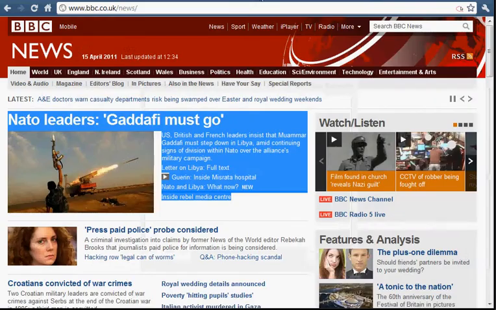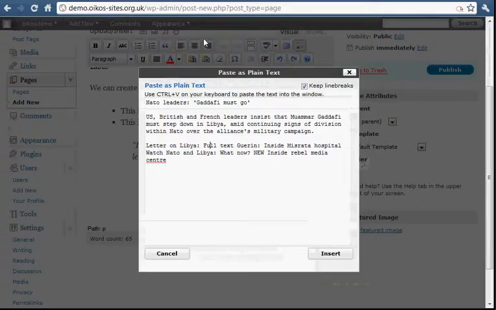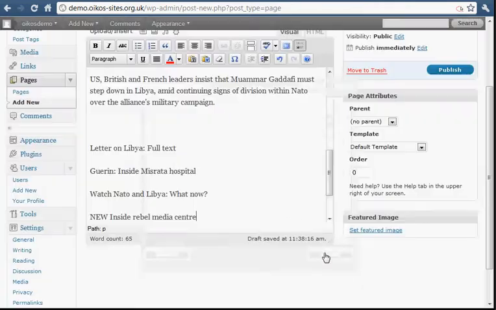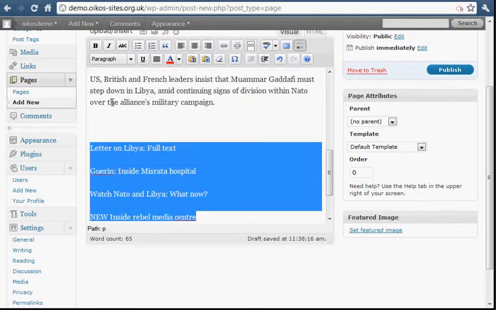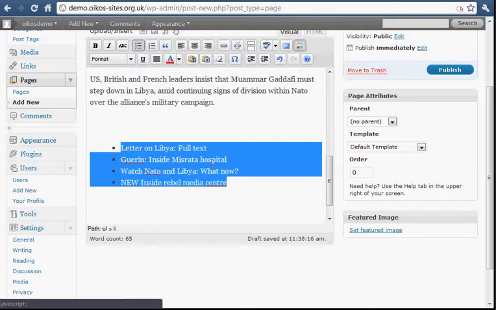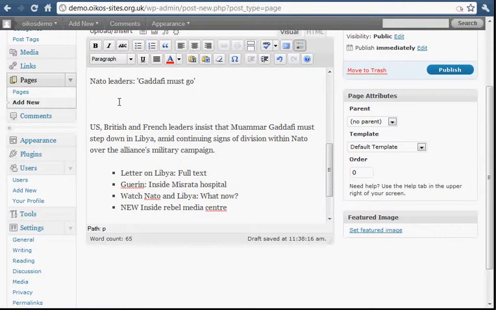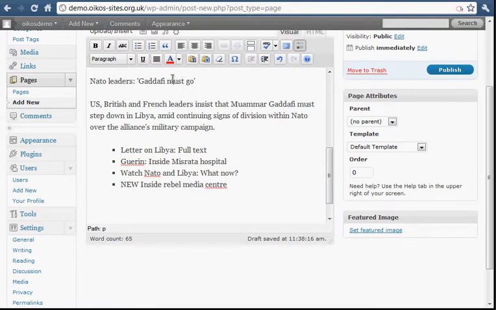Let's see how it looked. So just tidied that up a bit, and that will paste that in as plain text. I can then do some reformatting. I can turn this back into a list properly. That's all good. There's a spare paragraph in there, and in there,